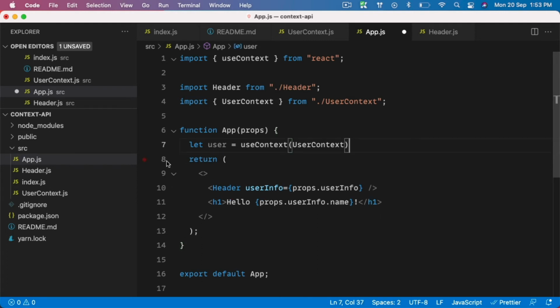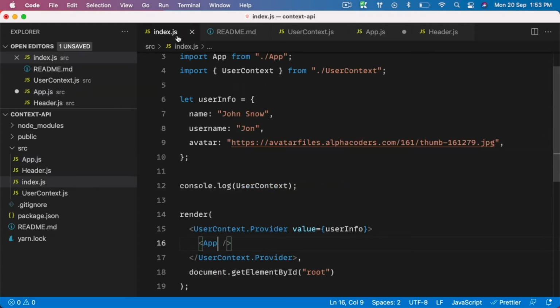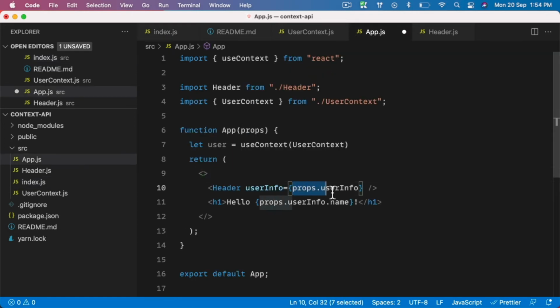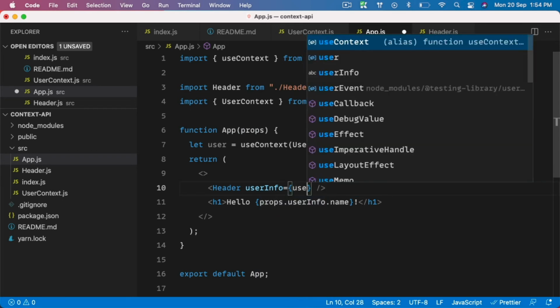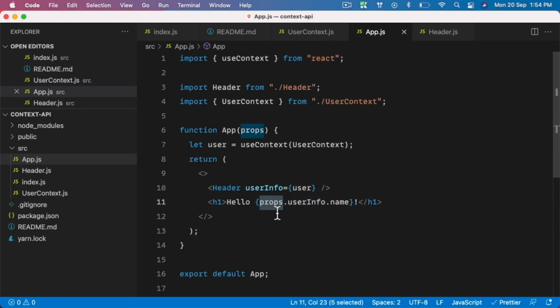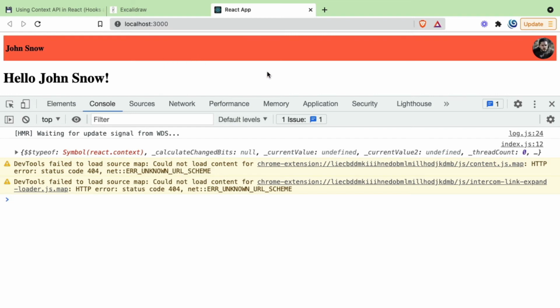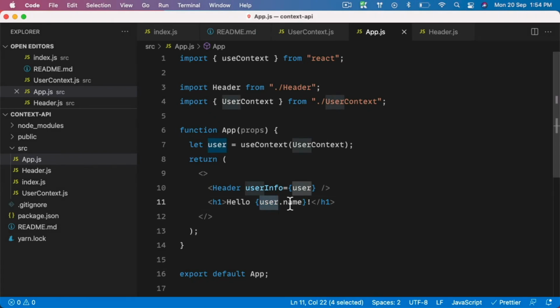So instead of doing that, let's go ahead and replace this. Rather than saying props.userInfo, we are passing a value to context called userInfo, and that will be the value here, right? So we will be able to say userInfo, whatever it has, it is going to have a property called name. So here, first of all, instead of props.userInfo, we can just say user. And here, instead of saying this, we can just say user.name. Let's go ahead, refresh the page and see if it is working or not. It is working as it was working, right? We are getting the information, but this time we are using it using context.